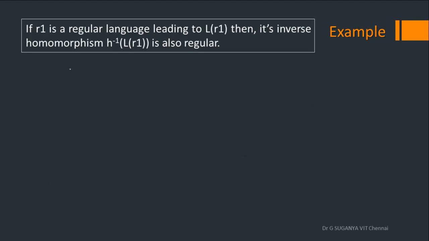In contrast to homomorphism, we have another one, inverse homomorphism, that is applied in practice. As we have seen earlier, you have a sender and you have a receiver. The sender will encrypt and send a message, and this side we call homomorphism. On the receiver end, the encrypted symbols have to be reverted back to the original symbols, and this is what we call inverse homomorphism.